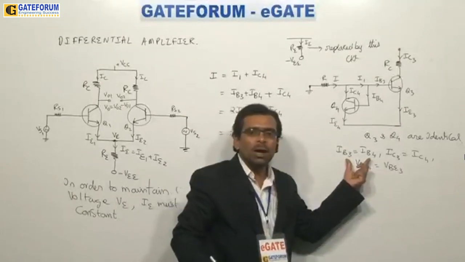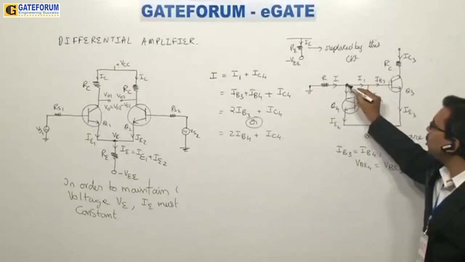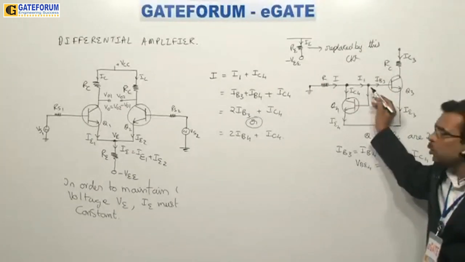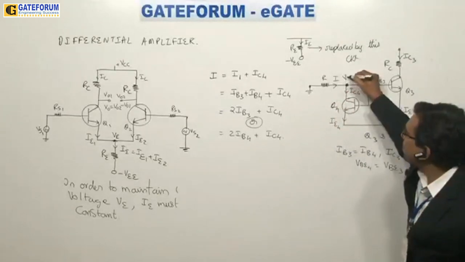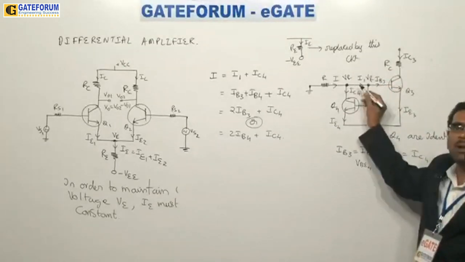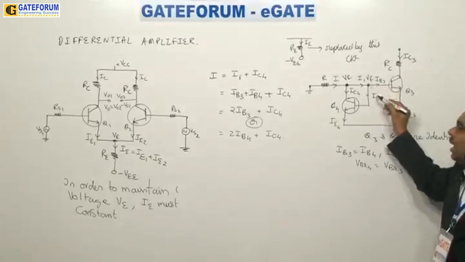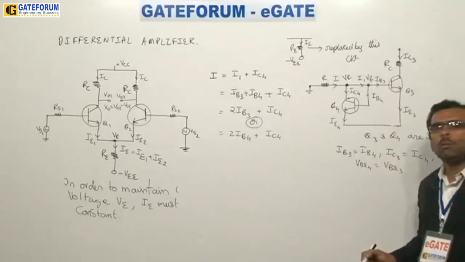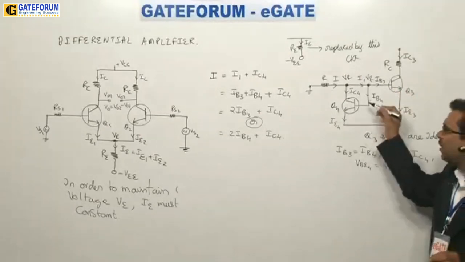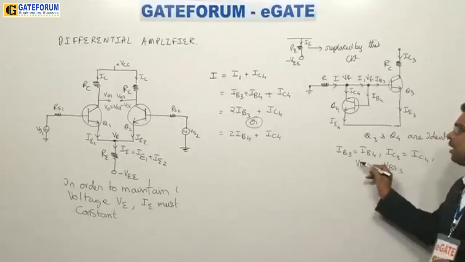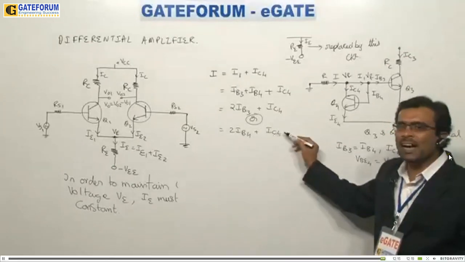Why? Because I am selecting these two transistors the same. These two base currents will be the same provided their base voltages are the same. Now all of you look here carefully. This node and this node both are at the same potential. There is no drop here. So the node voltage at this point and this point is nothing but the voltage across this resistance. I can name this VR, and here also it will be VR only. Both will have the same voltage. Observe carefully, the Q4 base is connected to VR and the Q3 base is connected to VR. It means Q4 base voltage and Q3 base voltage are both the same. If both inputs are the same, then definitely IB4 and IB3 must be equal. That is the reason we have written it like this. If these are equal, instead of writing IB4, I can write IB3, or I can write twice IB4 plus